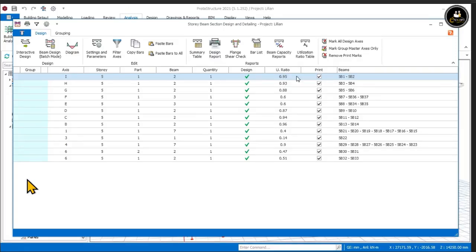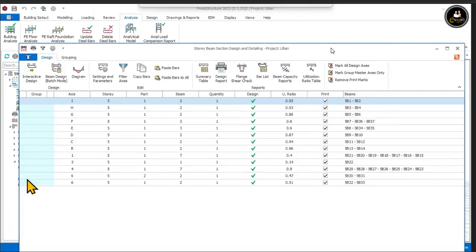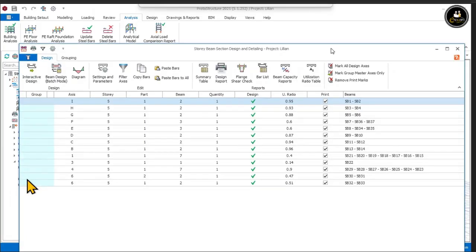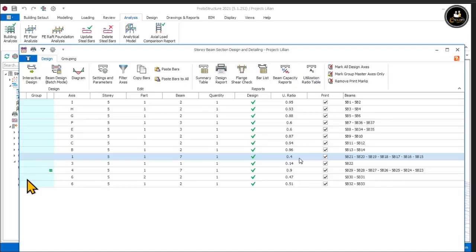Our beams are having like 95, 90, 60, 50. I think for the beams we are just okay. There's not much we can change. We can only maybe check the beams on top of the rooftop, because that's the place where we have the critical beams. And this one which is having